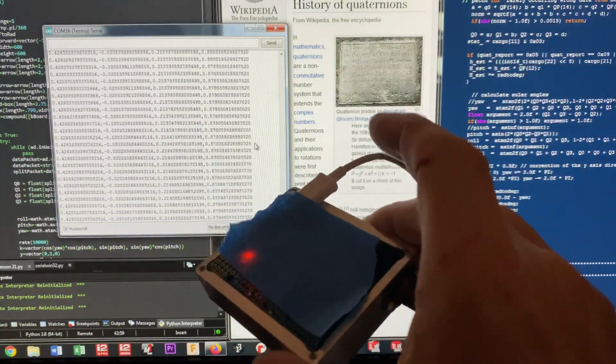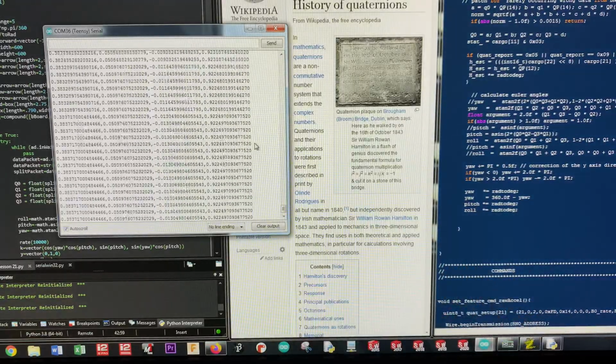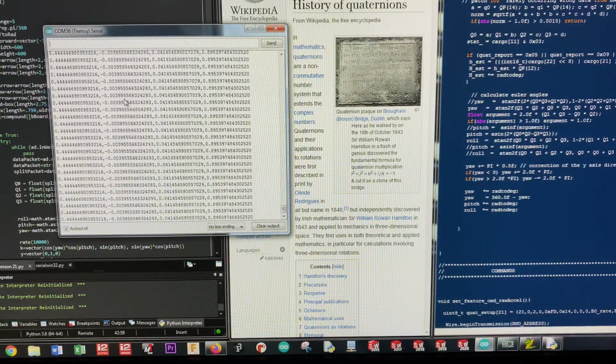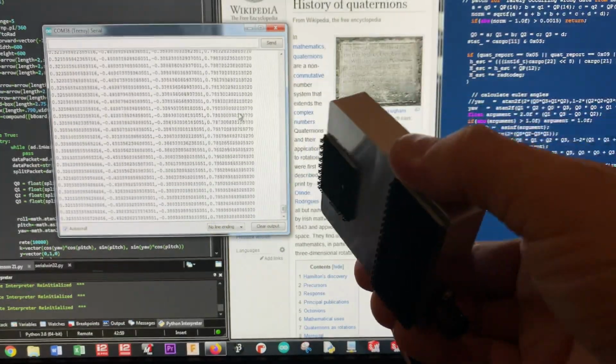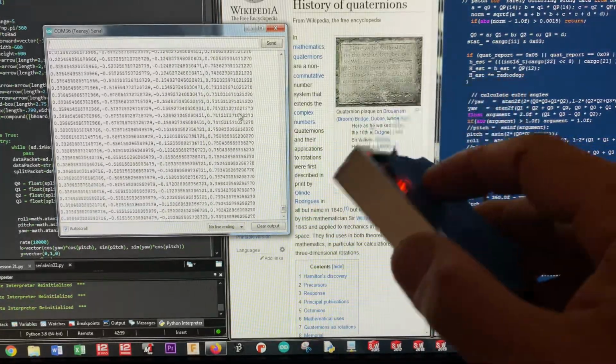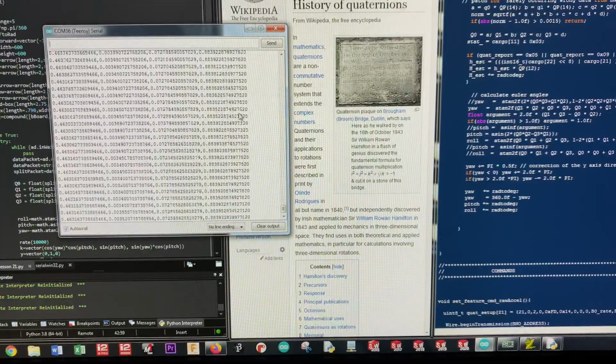So what I got here is a microcontroller. It's in this box, and right now it's spitting out all of these values that you see here. There's four of them. There's four columns: I, J, K, and an H. And these are quaternion values. So whenever you rotate this thing around, you can see these numbers going wild. These are the raw numbers being spit out of the